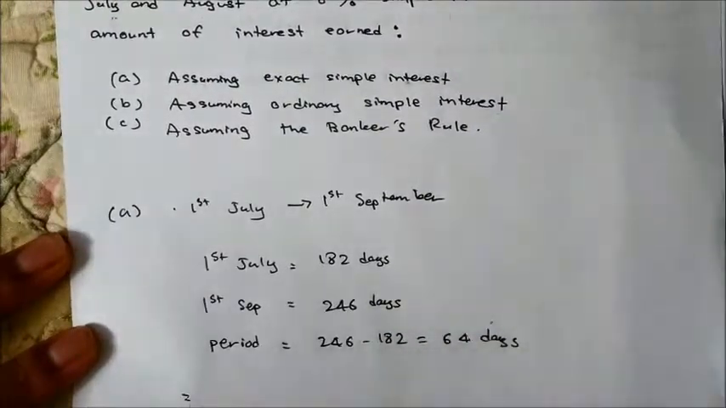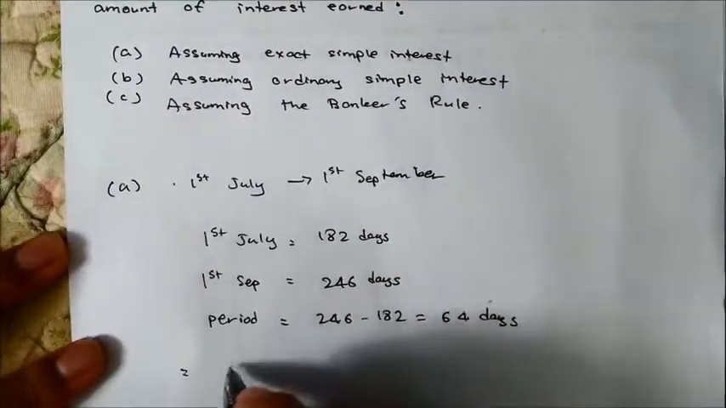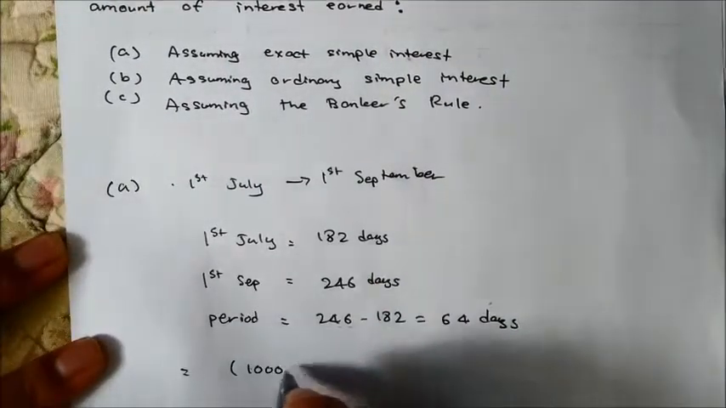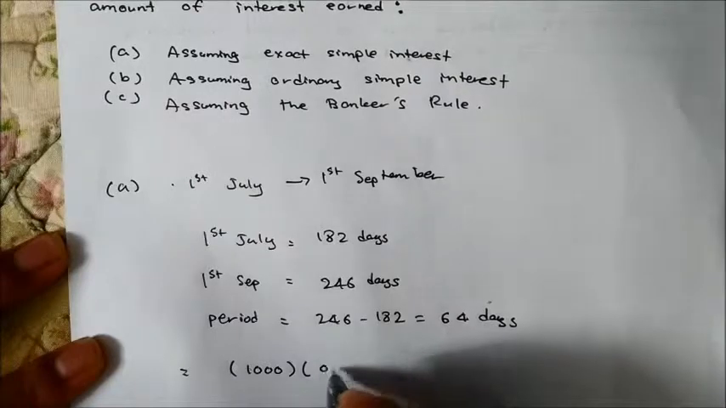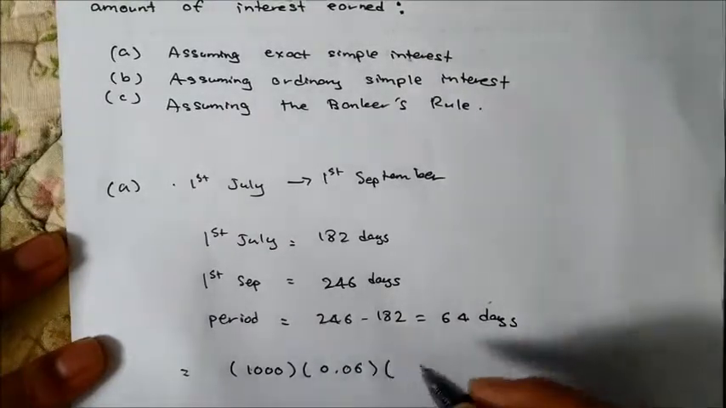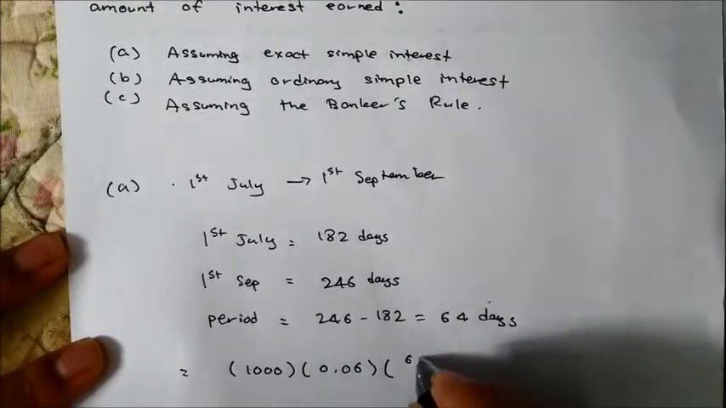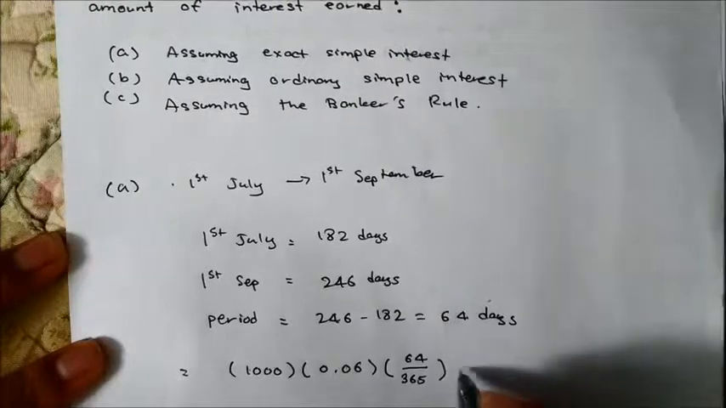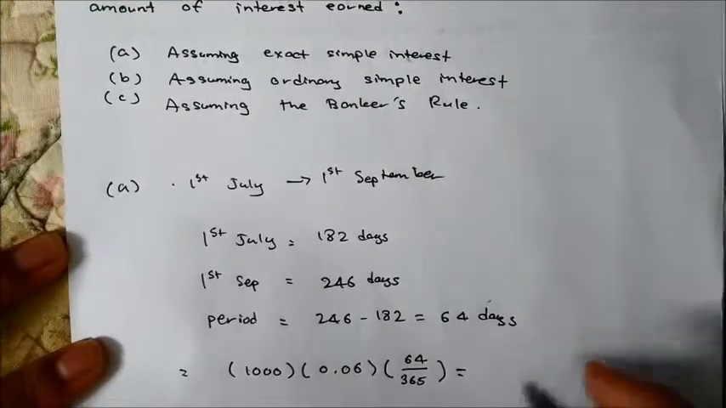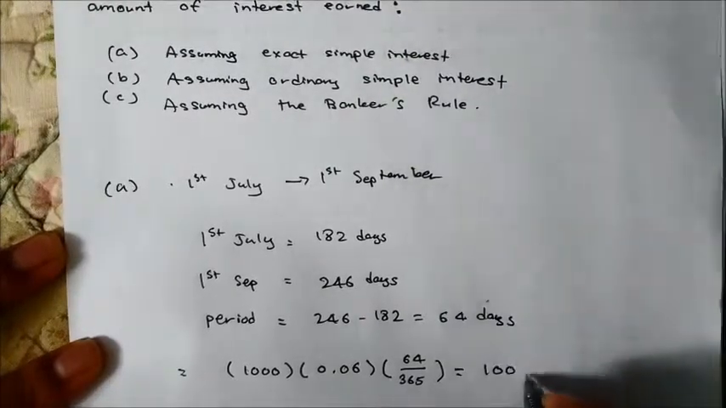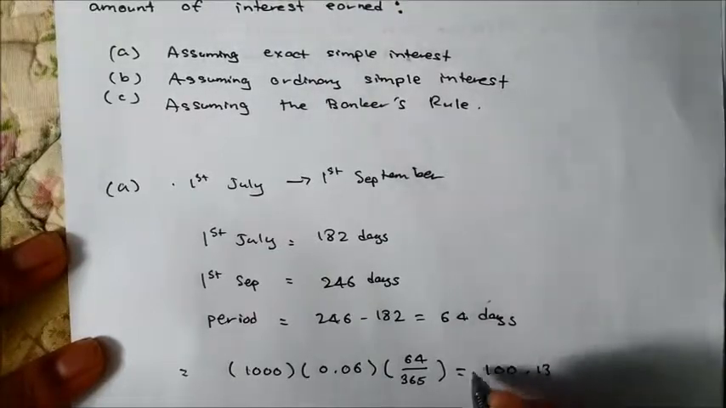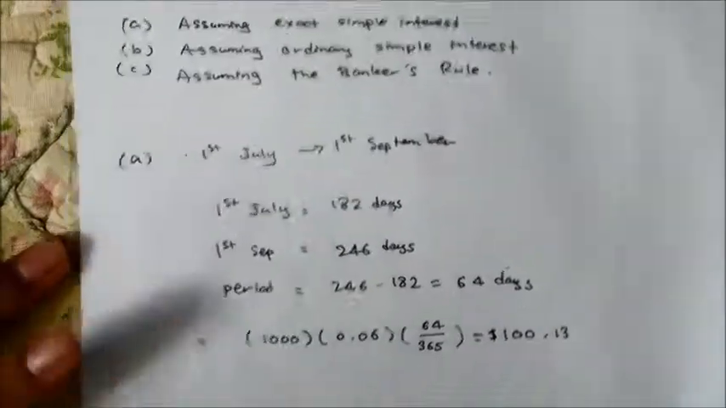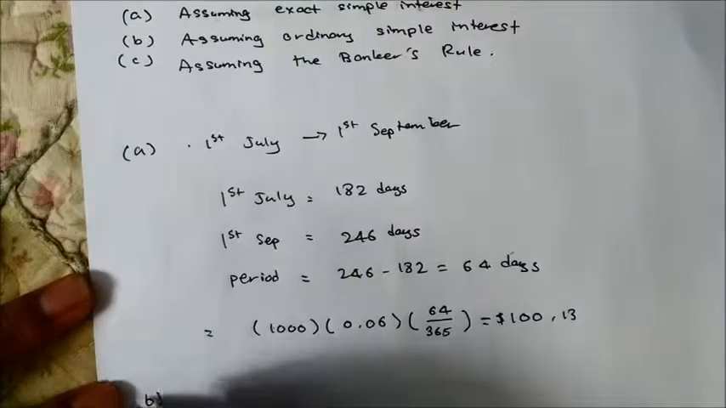So to calculate the interest earned, 10,000, which is the present value, times the interest rate given, 0.06, times the period, which is 64 days over 365, which is equivalent to 1 year. So when we calculate this using a calculator, we will get $1,753.42. For B,